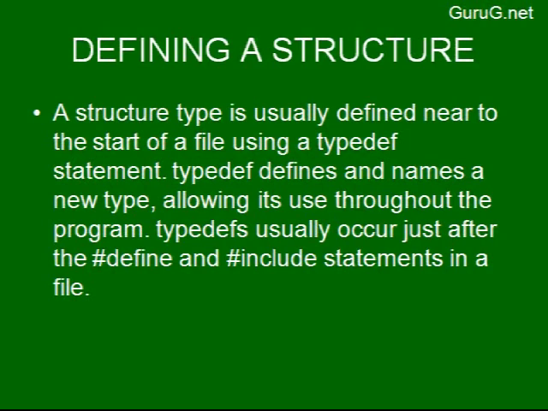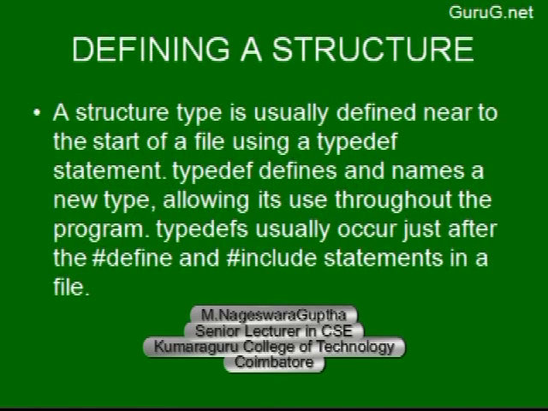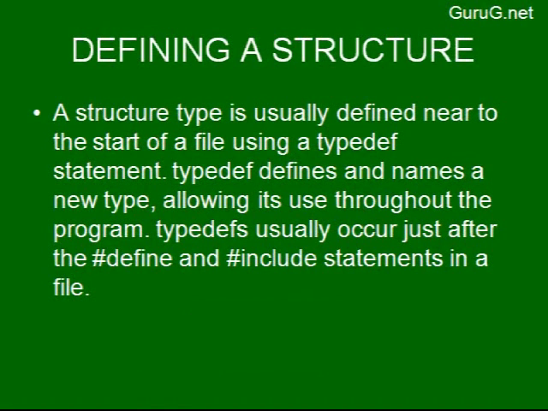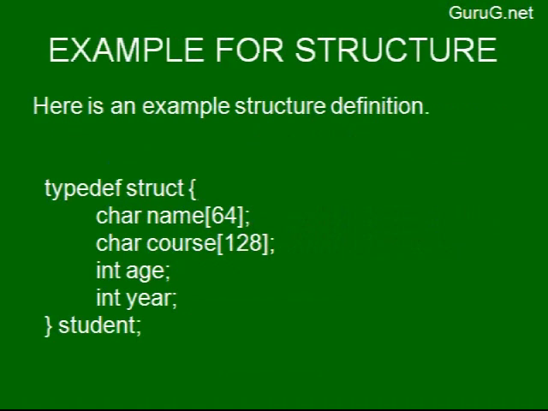The typedef statement will assign a new name for this particular structure, and that will be a user defined data type, which generally occurs after the hash define or hash include statements in a file. Here I have given one example: typedef struct open parenthesis, char name,